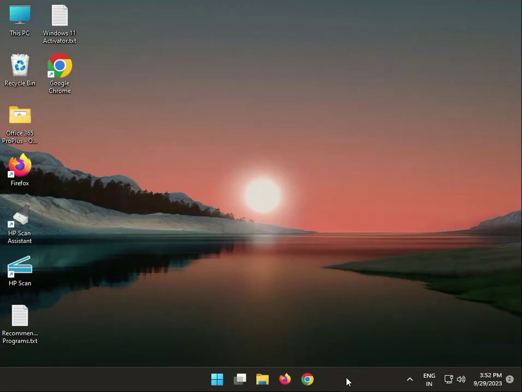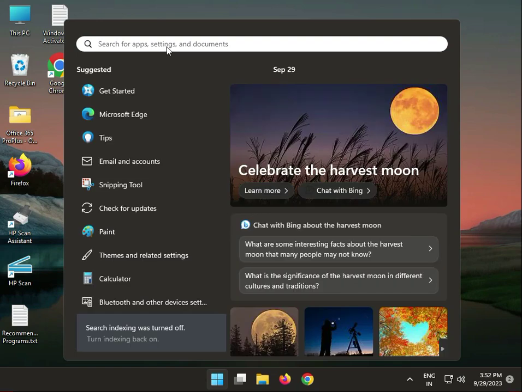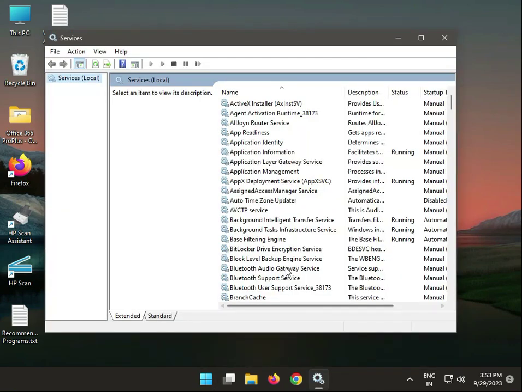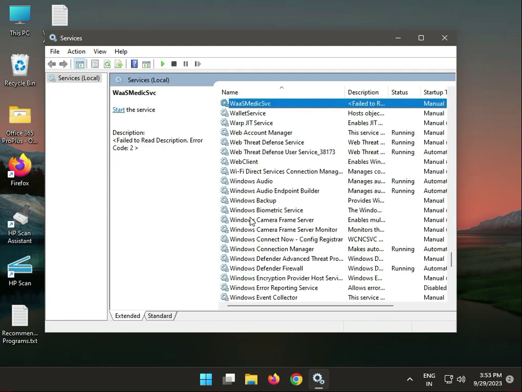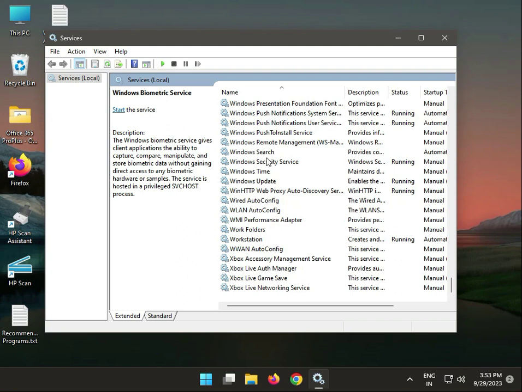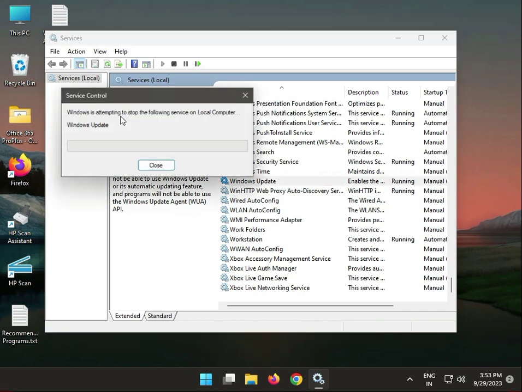Next, second solution. Click the start button again, type services, this one, open. Select W for Windows Update, scroll down, this is Windows Update, and if you are shown restart, then click restart